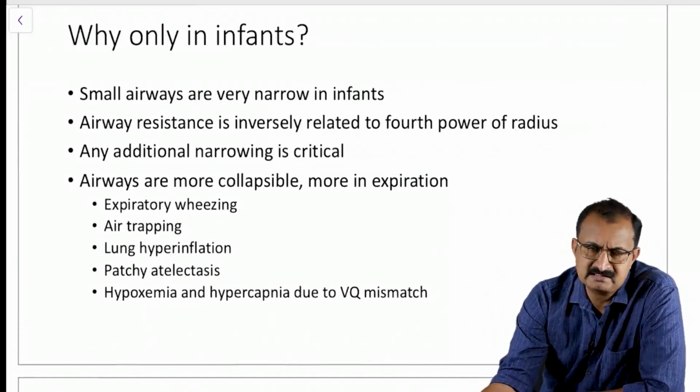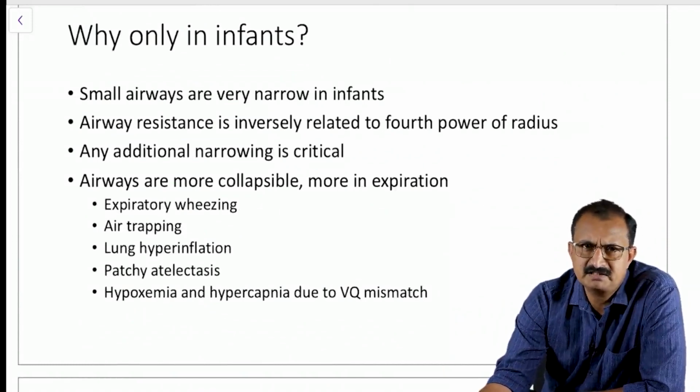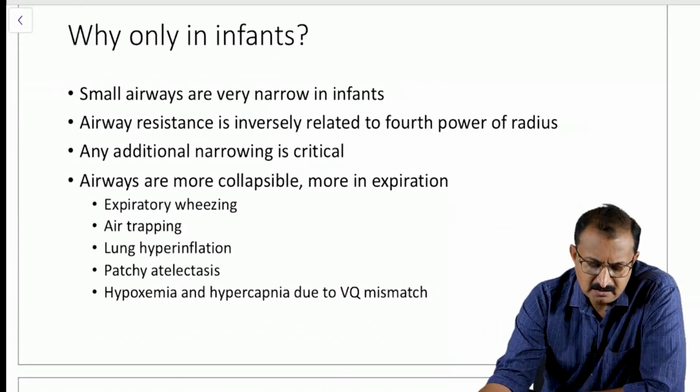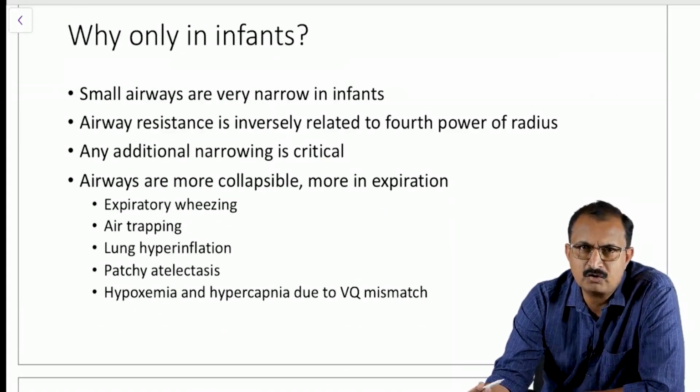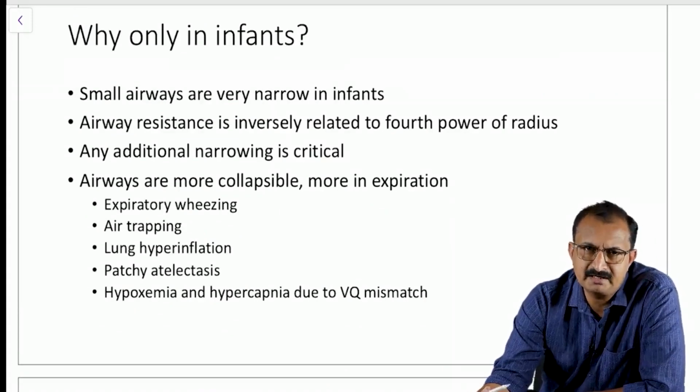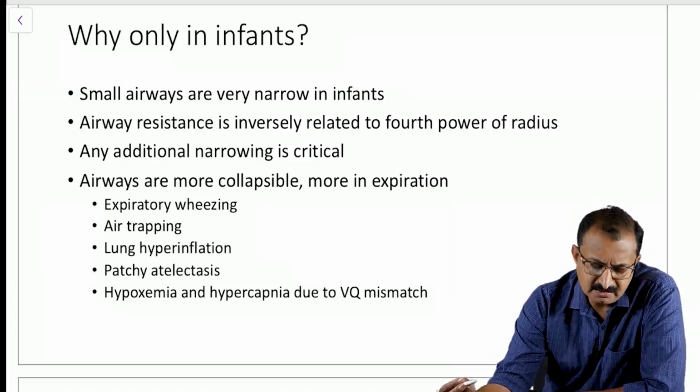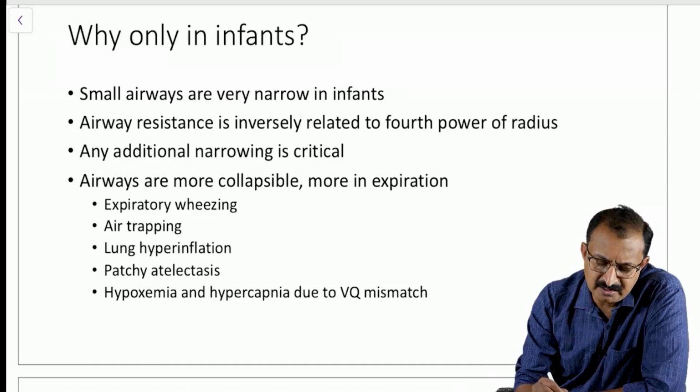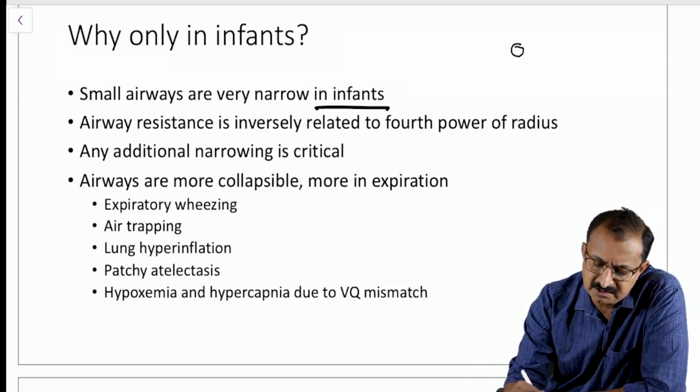Respiratory syncytial virus is said to be the common cause of acute bronchiolitis, which can infect children of any age, but it manifests as acute bronchiolitis only in infants. Why only in infants? One thing is, the small airways are very narrow in infants. So in small infants the cross-sectional area of the bronchiole will be maybe this much, whereas in older children it